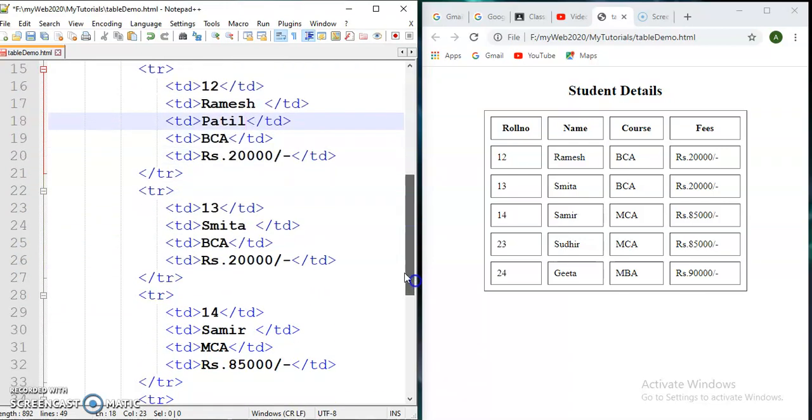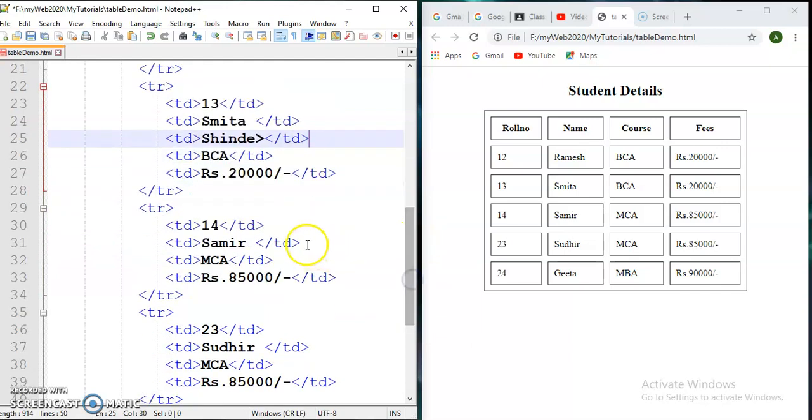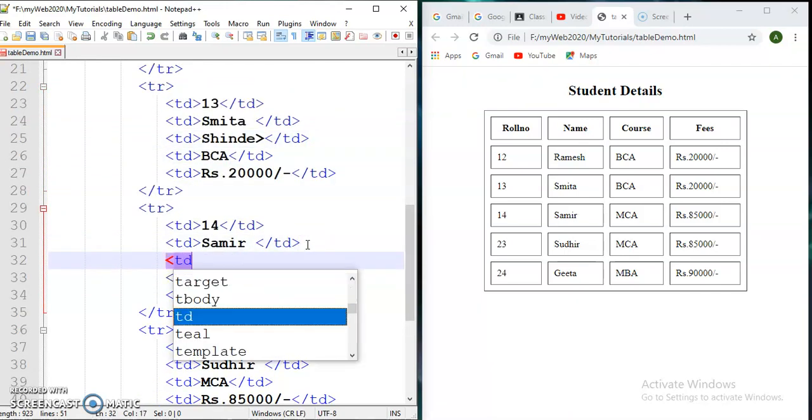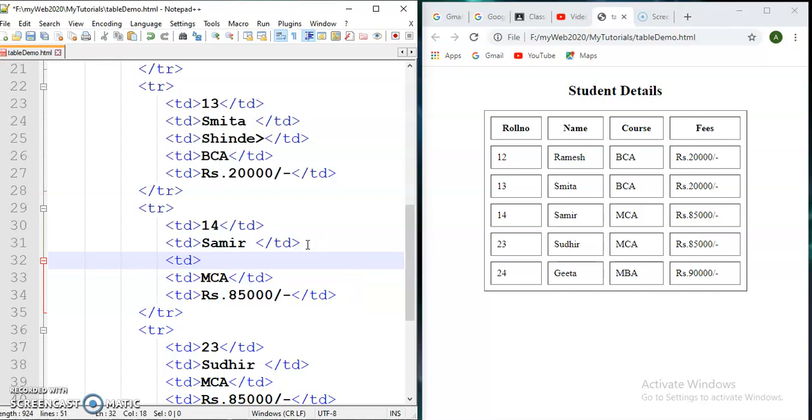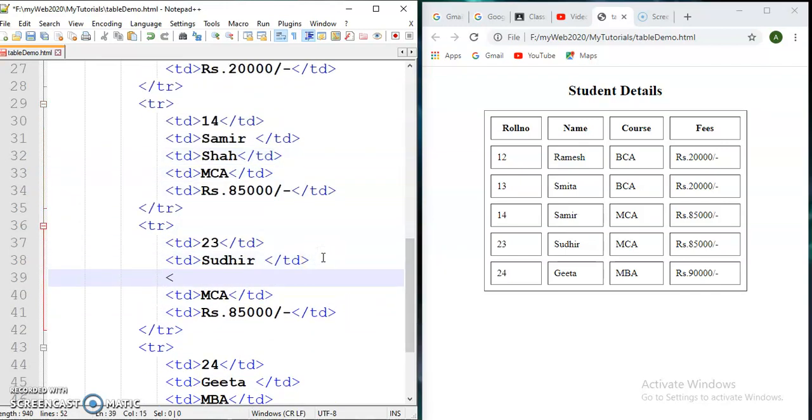I am adding one more column after the name, which is surname. As we see here, at each row I am adding one more cell after the name. As surname I am giving here.